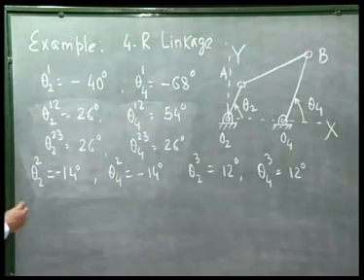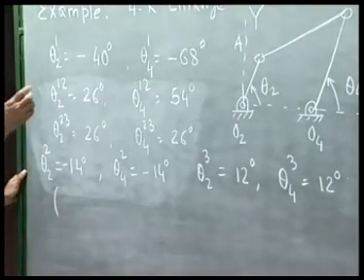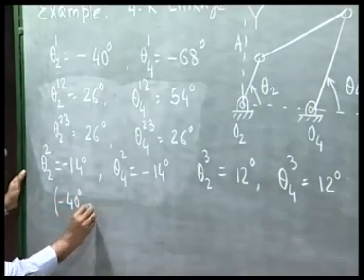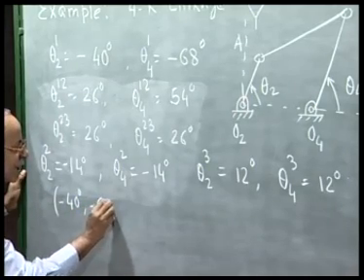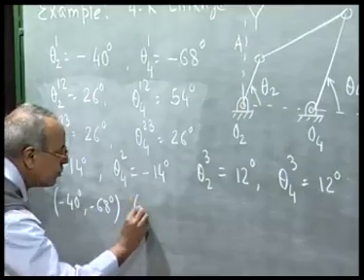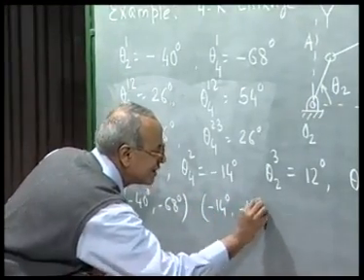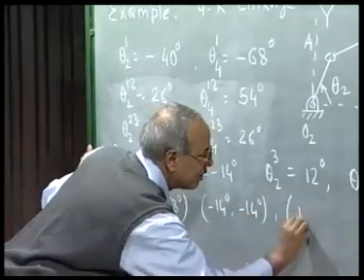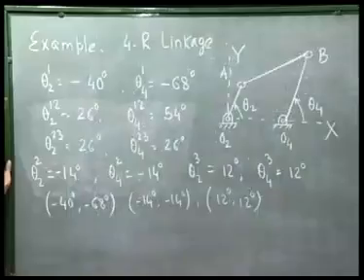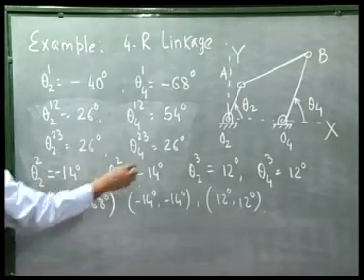So the whole problem has boiled down to generation of these three pairs of coordinated values of theta 2 and theta 4, namely 40 degree, minus 40 degree, minus 68 degree, then minus 14 degree, minus 14 degrees, and 12 degrees and 12 degrees. So we write the Freudenstein's equation for this